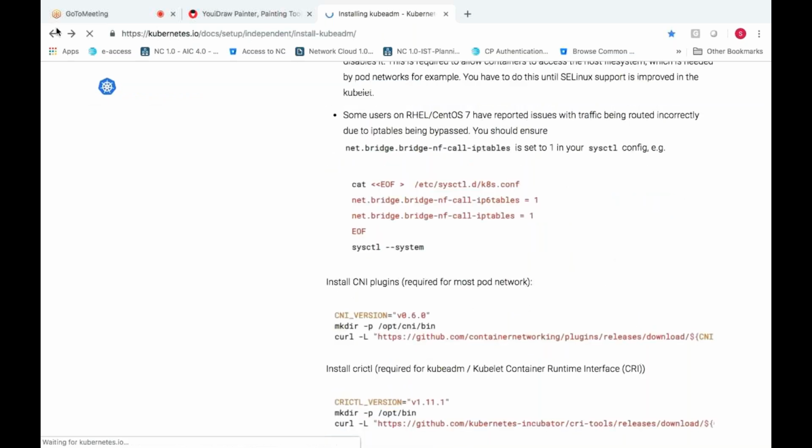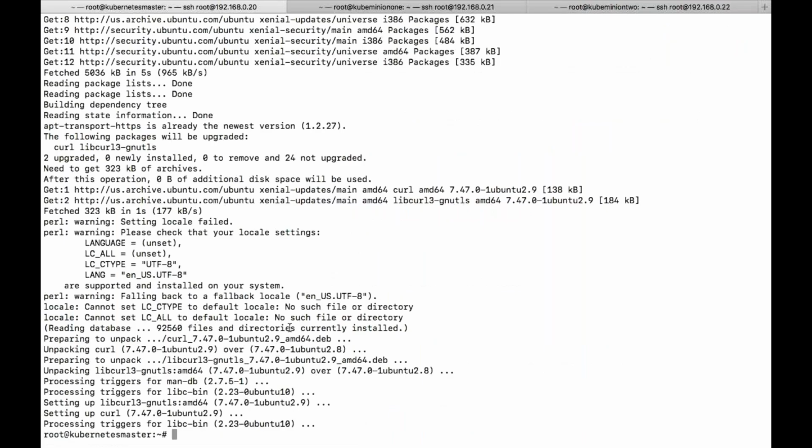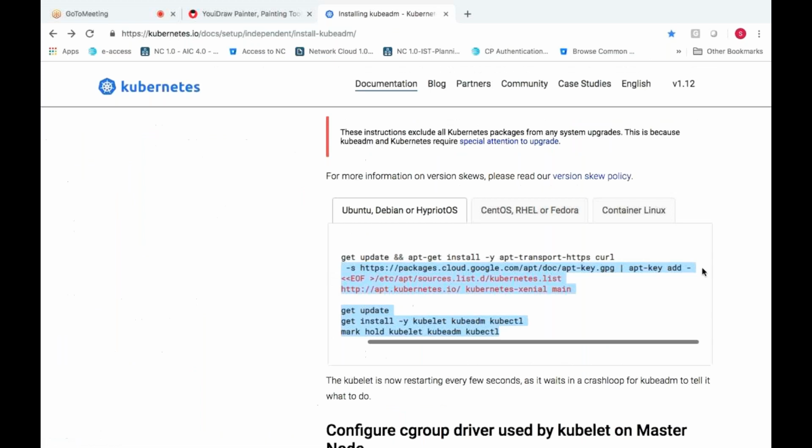Now let us check the next command. The next command is to download the GPG key. After that, execute this command in order to create a repository.